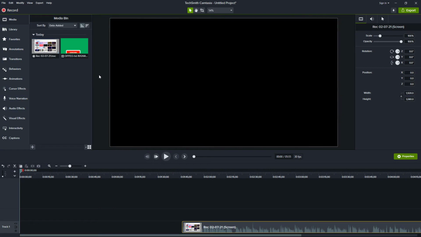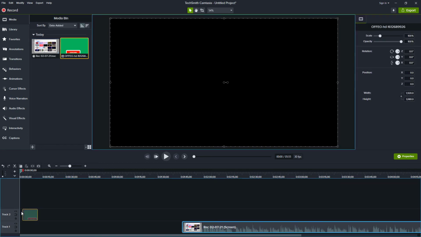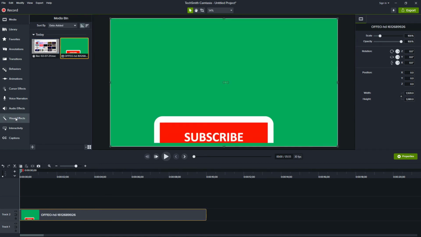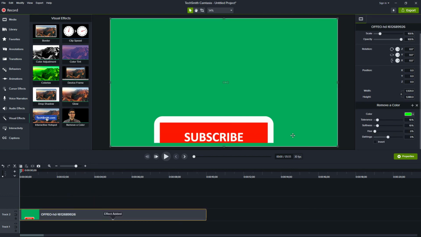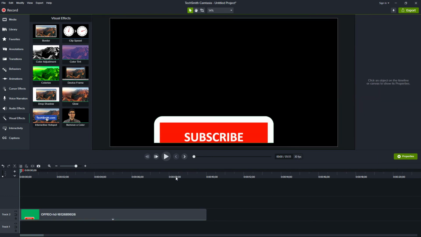So I'm here in Camtasia, and this is just one of the video editors I use, but it does have green screen functionality like most good editors will. So I'm going to put this on my timeline. I'm going to make this bigger so we can focus in on here. In Camtasia, I would go to visual effects and I would go to remove a color, and I just drop it on. So it's picked green, but it's not the green shade I picked. So I'm going to use the eyedropper tool, and there we are. So that color has gone.